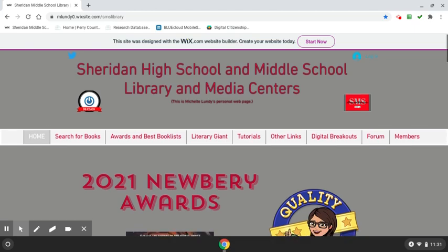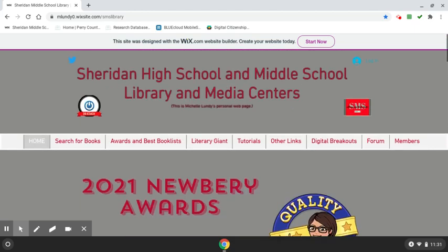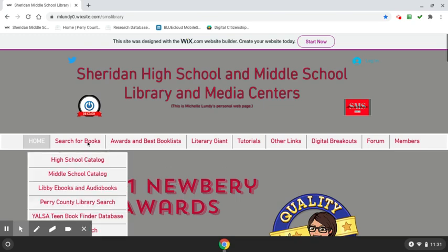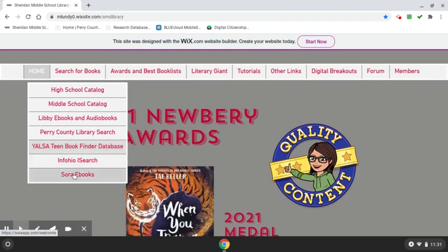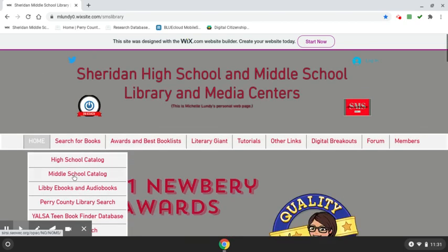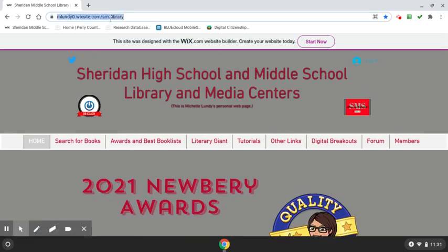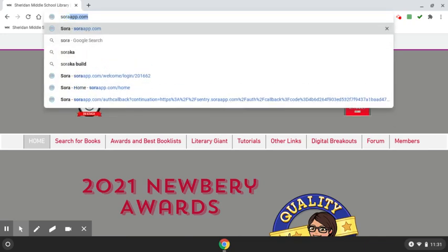And if this probably looks familiar to you, if you're in the middle school, this is a library webpage, which you should have bookmarked. If you're in the high school, feel free to use this under search for books. On the bottom, it says Sora eBooks. You could click here. Now, for those of you who don't use my library webpage because you're across the street and you're too big for it, go ahead and type in